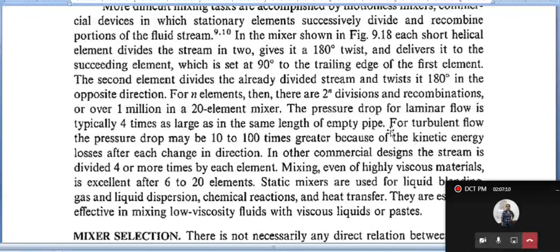I repeat once again, in a pipeline, when fluid is flowing from left hand side to right hand side, there will be a drop in the energy associated with the moving fluid. Now this can be calculated by so many methods, but one readily available method is calculating the pressure drop. And once after calculating the pressure drop, we are going to estimate how much amount of losses are there. That is the fluid mechanics.